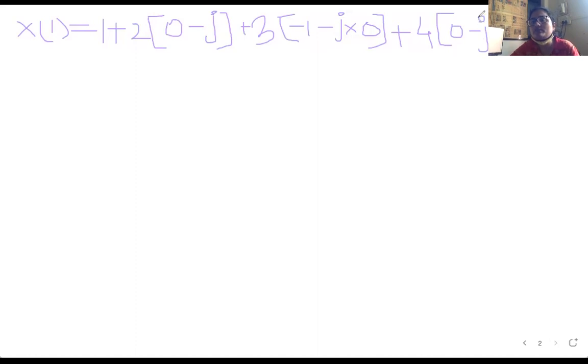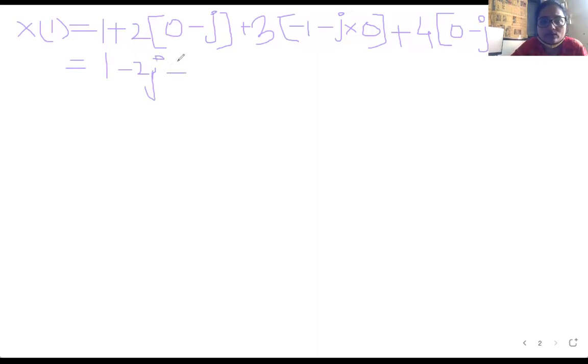So what is the value of sin 3 pi by 2? -1, right. So this is going to be -1, and minus times -1 will come as +1. So here we will further calculate this as 2 into 1 minus 2 into minus j, so this will be -2j. Next value is -2j.